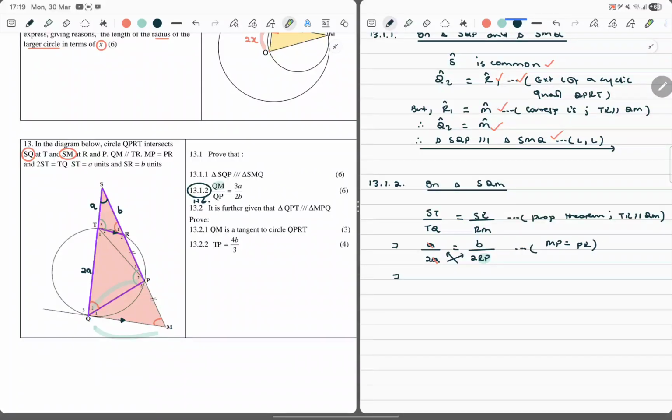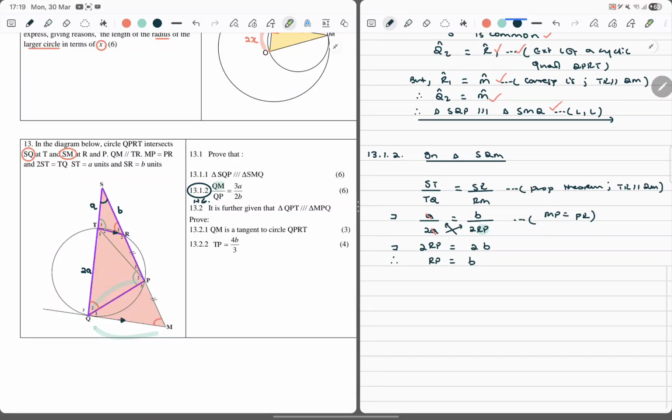So this implies that 2 times RP is going to be 2 times B. Now, when we divide by 2, in fact, why do I even want to do it? So therefore, RP is equal to B. Because when we divide by 2, RP becomes B. Alright, so what do we say? Then,